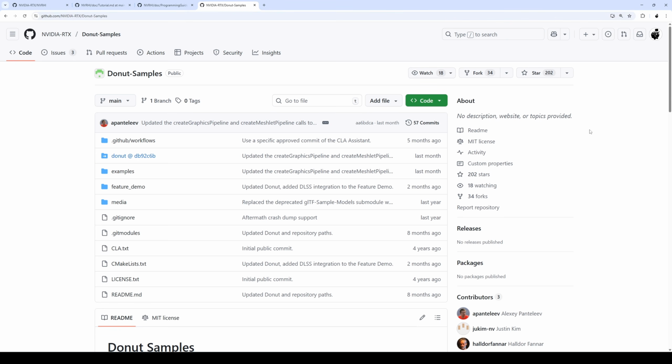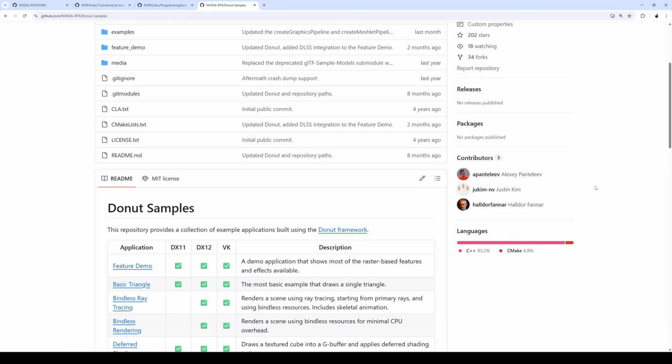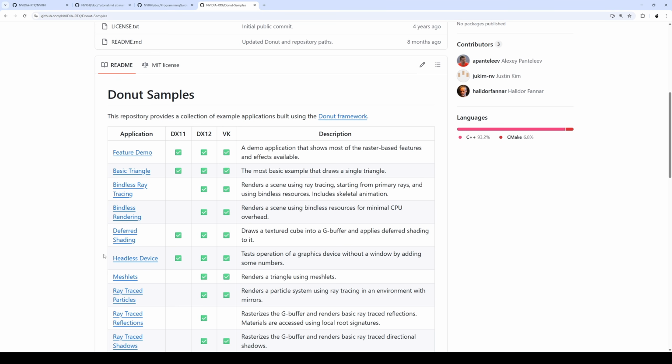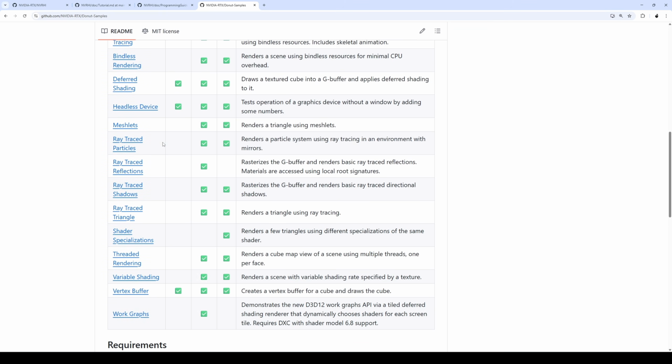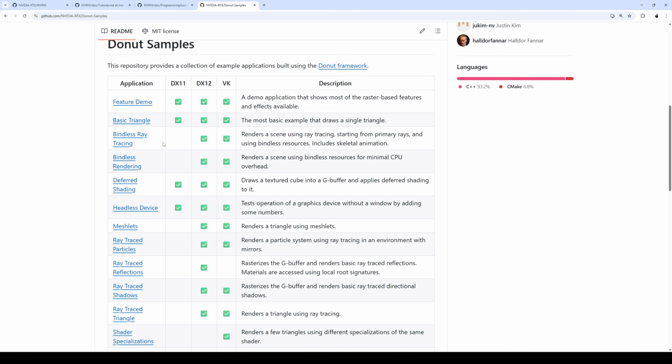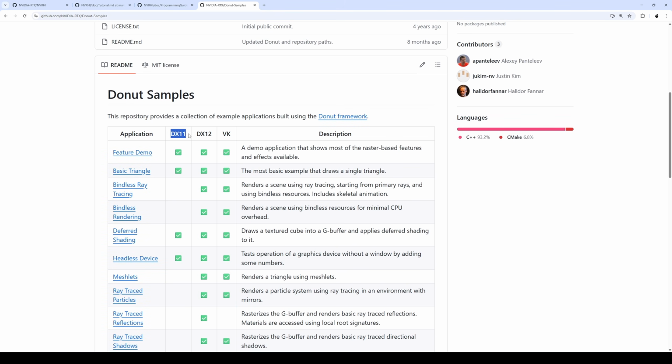The donut samples. This is also MIT licensed, so you can use the code here in your own projects as long as you adhere to the license. So what is this? Well, it's a collection of samples. So for example, we have the feature demo, a demo application that shows most of the raster-based features and effects available. And this is a very sort of traditional graphics application. Almost all of these, if not all, use NVRHI. You can see here DX11, DX12, Vulkan, the 3 backends supported by NVRHI,